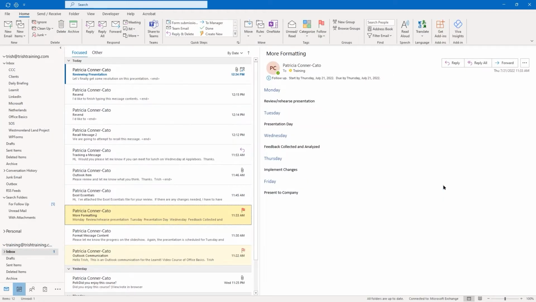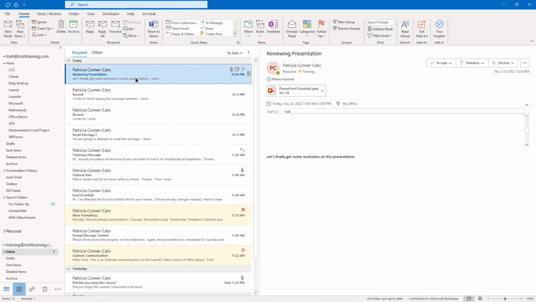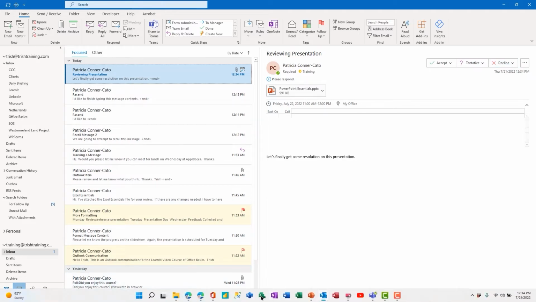So I switched back to my inbox window, right? And I went to my other account, and in the inbox, sure enough, here's the meeting invitation. So when I click on it here, it shows me that the meeting is going to be on this date at this time, and I can accept, I can tentatively accept, or I can decline. This meeting is not on this calendar until I accept it.